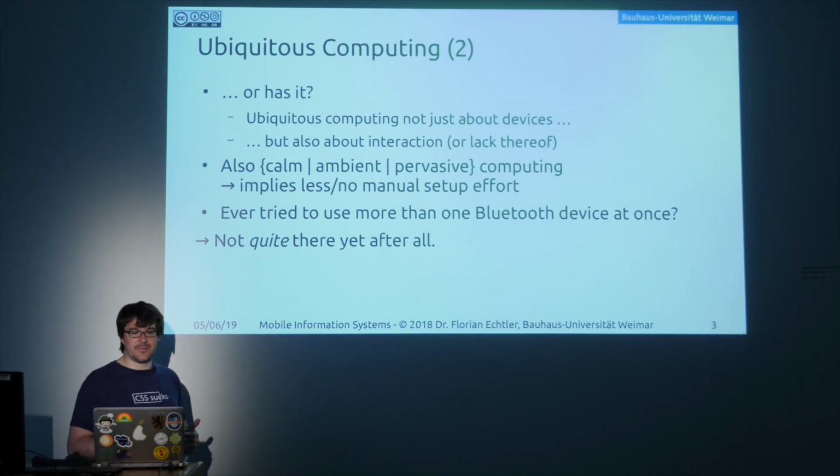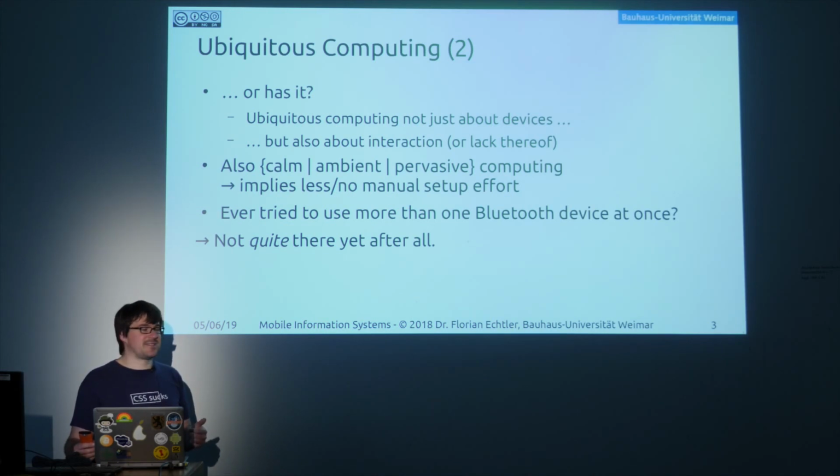The problem, however, is that this original vision wasn't just about which types of devices we have, but also how we use them. This whole concept of ubiquitous computing is sometimes also called calm computing or ambient computing. The implication is that we wouldn't have to interact explicitly with our computing devices anymore, but that they become so integrated into everyday activities that we don't even notice anymore that we interact with computing devices. So that was the original idea.